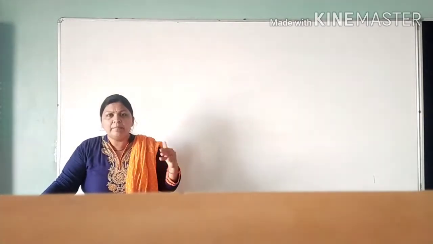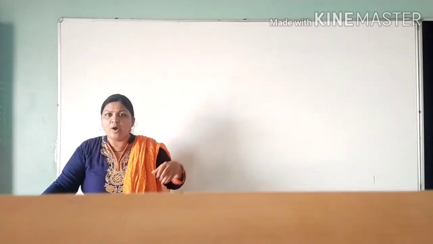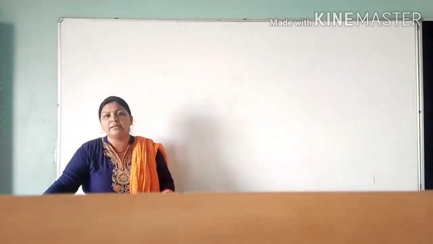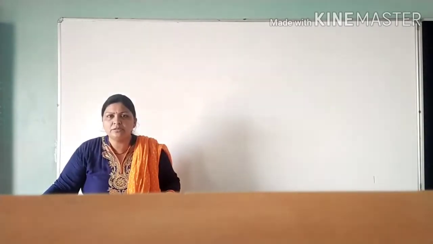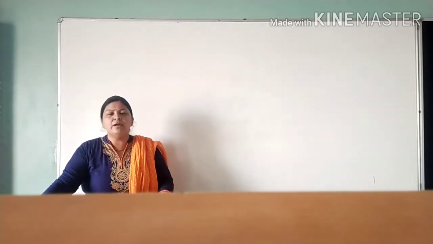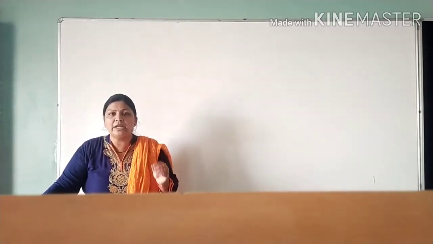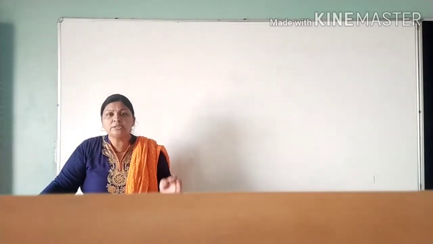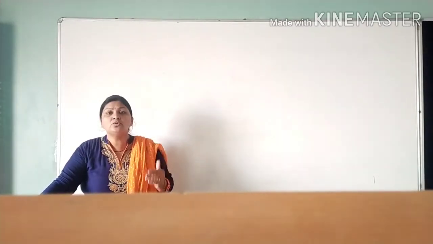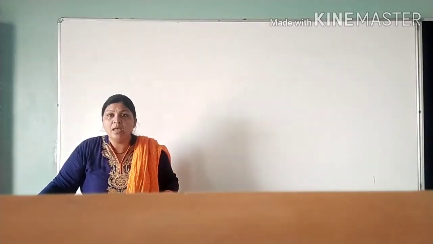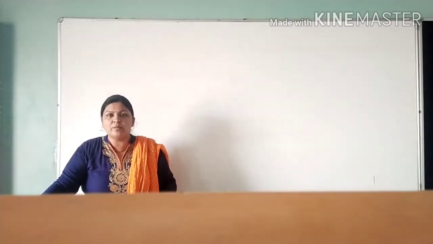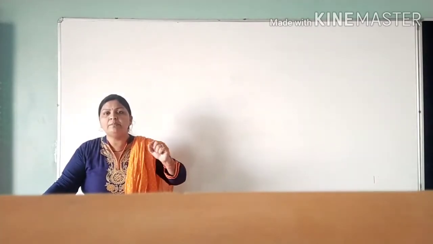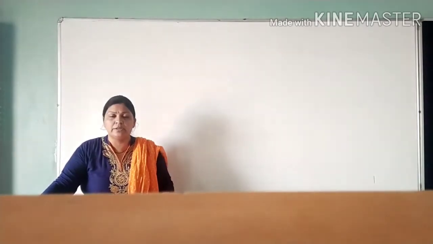Here, just like the mean, there is no criteria of direct method, shortcut method, and step deviation method. This is a direct calculation by only one formula. When we are talking about the individual series, what is the median formula? Size of (n plus 1) by 2 observation. And what is the discrete series formula? Again, the same formula we applied: the size of (n plus 1) by 2th observation.